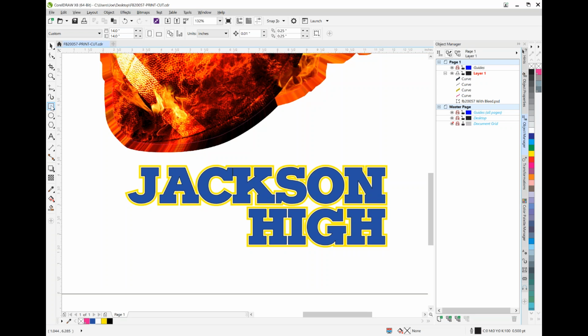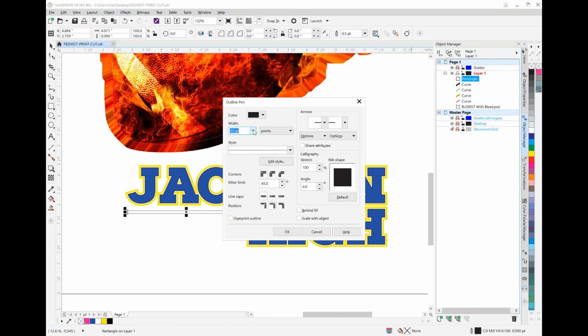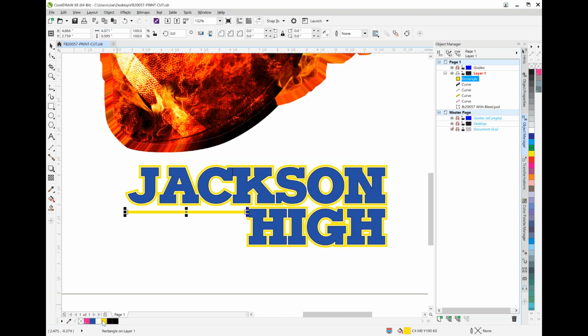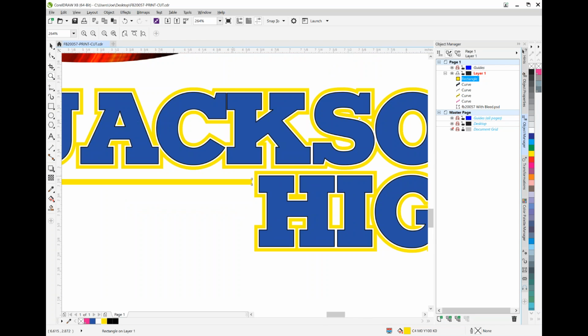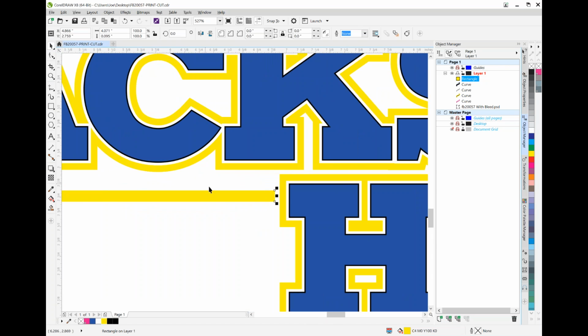So what we'll go ahead and do is let's create some lines here. And it comes automatically with a black stroke. I really don't want any stroke around that right now. So click none, click OK, and we'll fill it with a yellow. And let's zoom in a bit here so we can really make sure we're lining this up the way we want it to be. I want it to line up with,